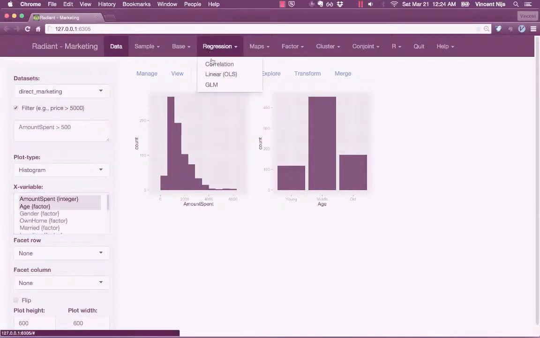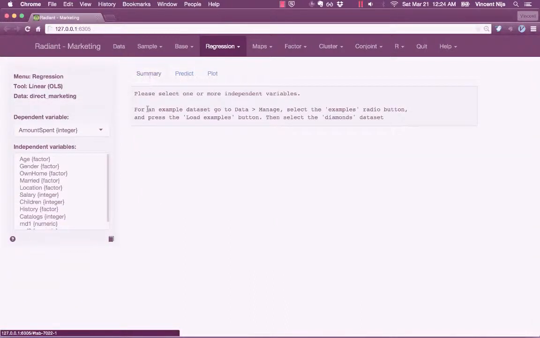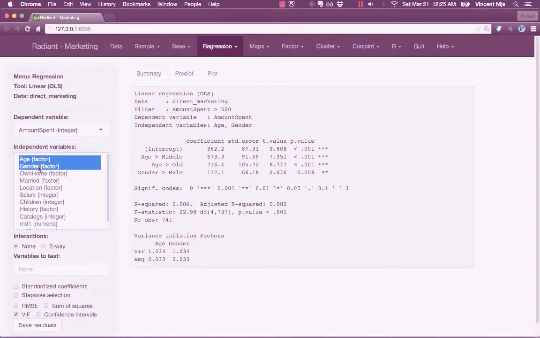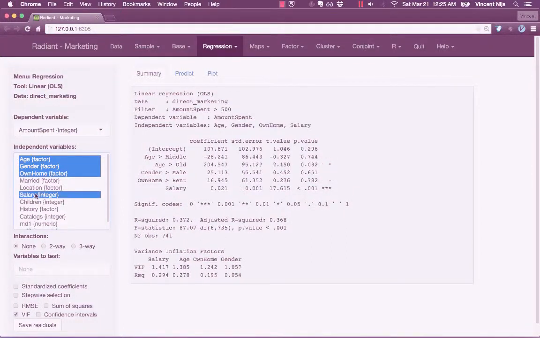Radiant also has some features for reproducible research. So to give you an example of that, let's take a look at the Regression tab. As soon as I specify a variable, the interface changes, new features are shown, and as I add more variables, you can see that now the ability to add interactions is added. So for example, if I want to specify an interaction,